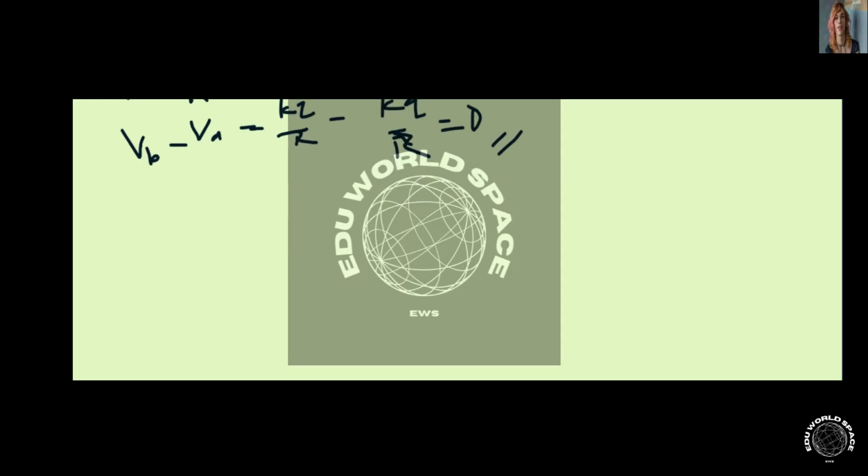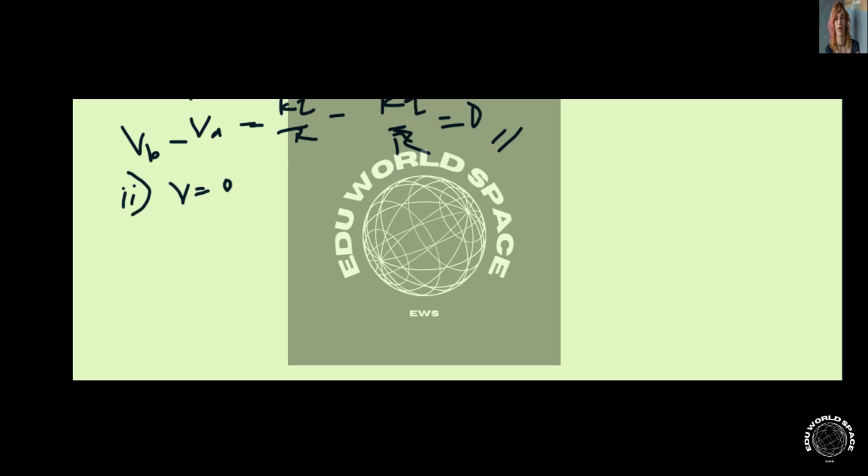Now if you move on to part 2 of part A, if the voltmeter is connected between the points B and C, then the potential difference between B and C is also similar. Once again, it'll just be the same thing and it'll equal 0. So the voltmeter should read 0 at any point on the surface. Now if you move on to part 3,